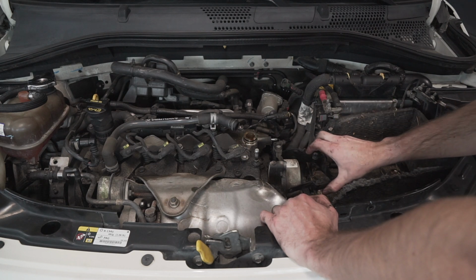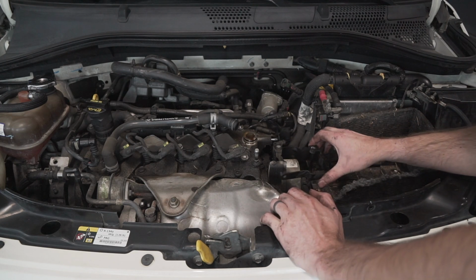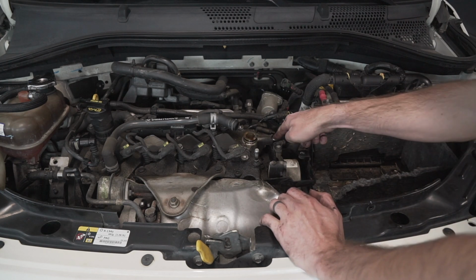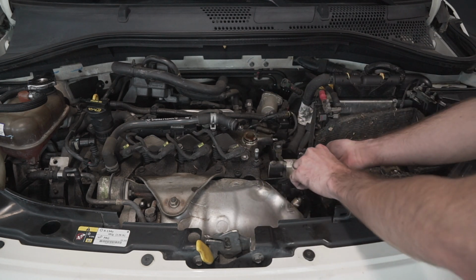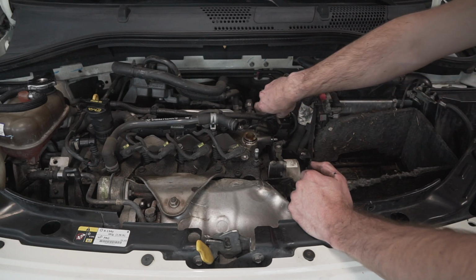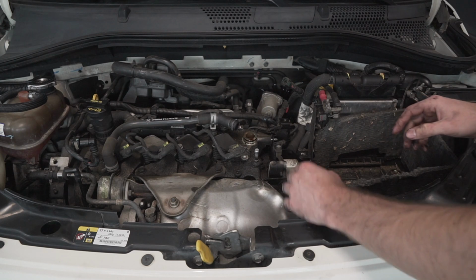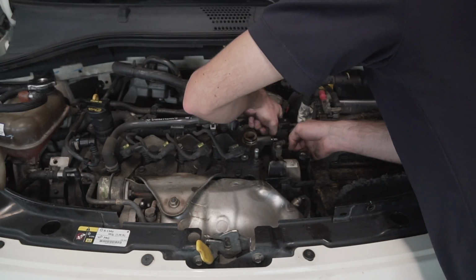Then you got to take this, make sure you can see that. Yep, this is the bracket that holds the oil separator. There's 1 nut here, 1 bolt going in this way here, and there's 1 bolt down here. The instructions just say to reposition this, and I can understand that because there's a bunch of cables hooked to it over here. Actually, since I'm just repositioning it, I was originally going to try to